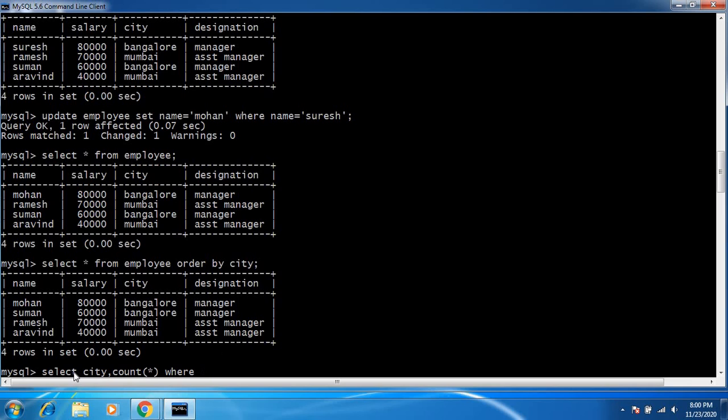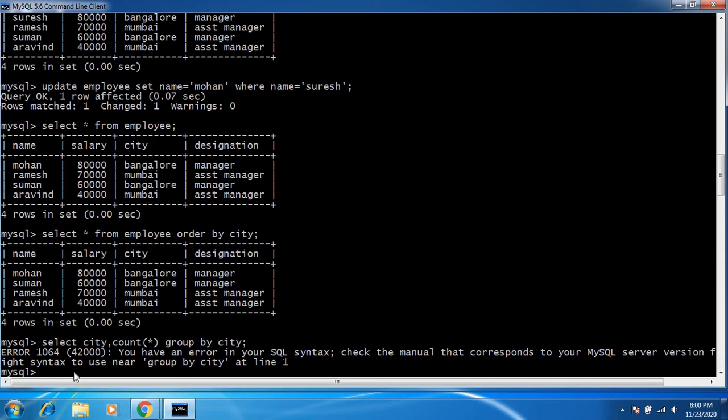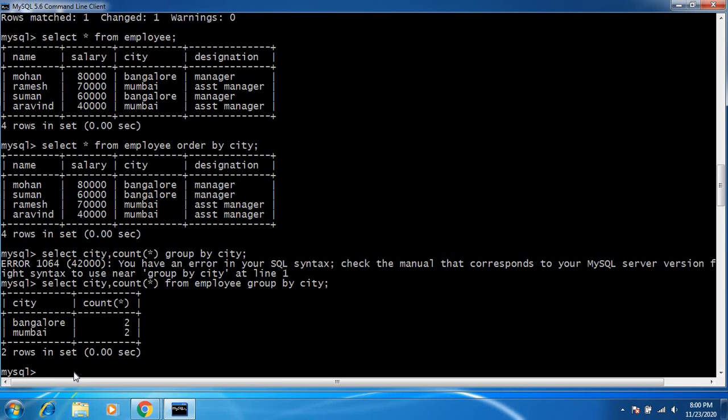You can make use of the group by command. So group by city. So this will tell you the total number of people who are working in a different city. So select count star from employee group by city. So this displays the total number of people working in Bangalore, 2 people, and in Mumbai, 2 people.